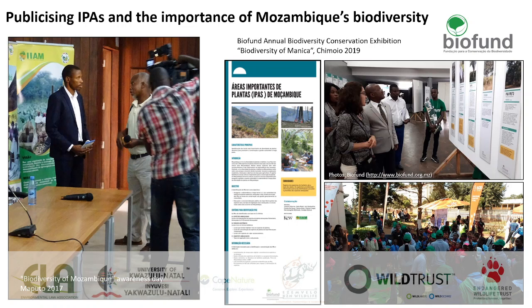Formal or informal community conservation areas may be particularly desirable for some IPAs, given the strong links between rural communities and the natural environment. Such schemes are already under development at Mount Mabu and in the Ribáuè Massif, two of our critical IPA sites. The identification of IPAs is therefore just the beginning of this process, but this work represents a major step forward in our understanding of Mozambique's rich biodiversity and will provide an important platform for our conservation work moving forward.